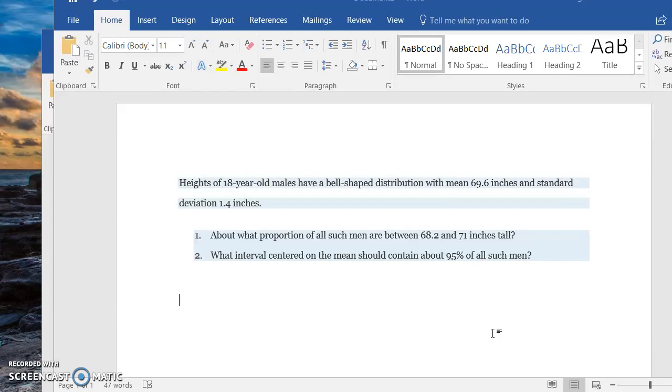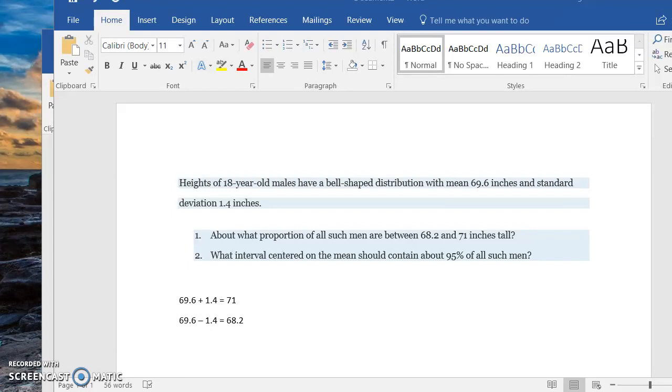Now, in this section, we just learned the empirical rule for a bell-shaped distribution. So let's take note of the fact that if we take our mean of 69.6 inches and we add the standard deviation, we get 71 inches. And if we take our mean and we subtract the standard deviation, we get 68.2 inches. Okay, so we added the standard deviation one time, we subtracted the standard deviation one time,